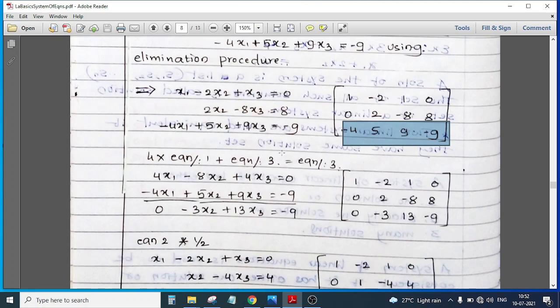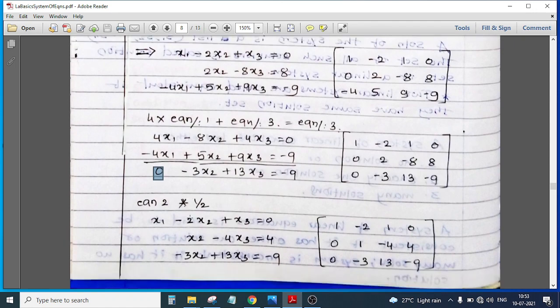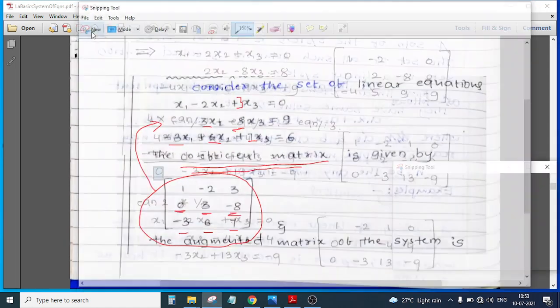If you observe here, it is a very simple thing. If I want to eliminate this minus 4, what can I do? I can multiply this equation by 4. If I multiply 4 with this 1, what value do I get here? 4. The value I will get here is 4, right? So when the value I get here is 4, it means that when I add this equation and the third equation, I will get a 0. Okay, so let us try to understand with the help of the board, so that it would be more understandable.